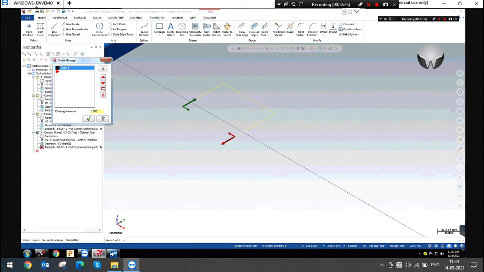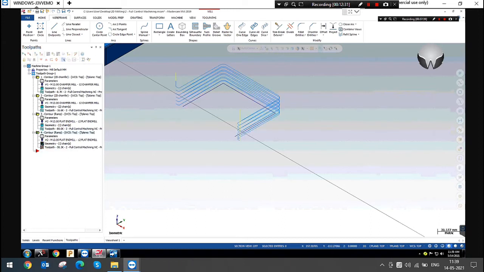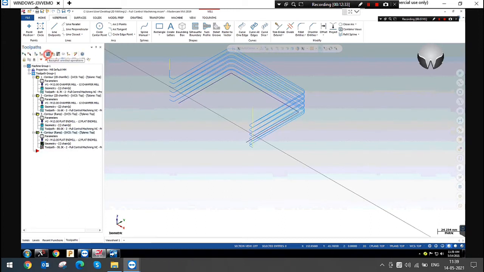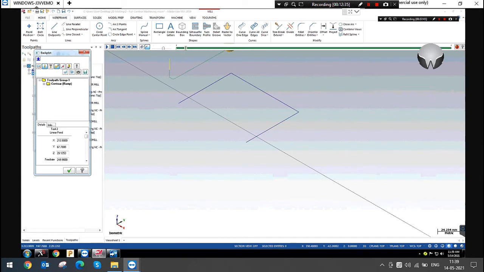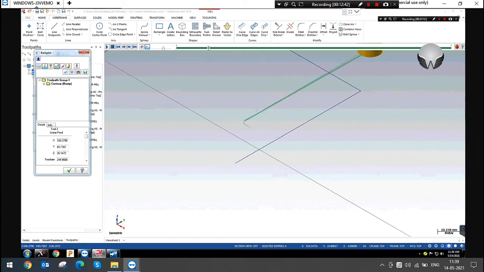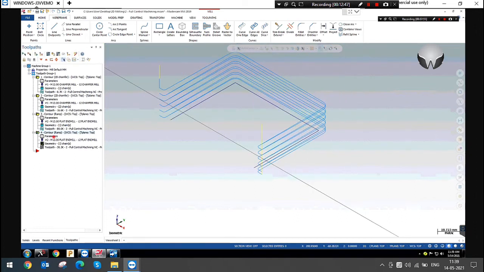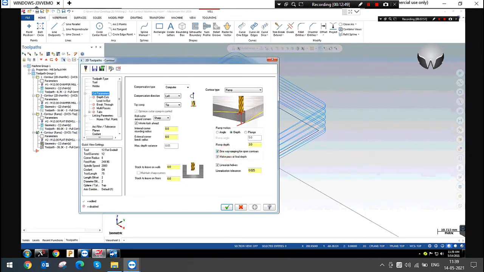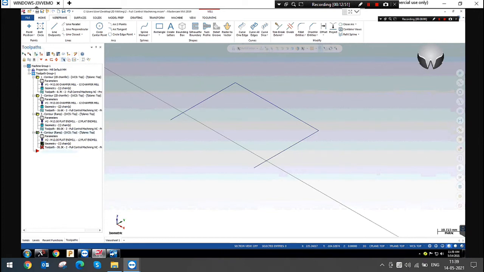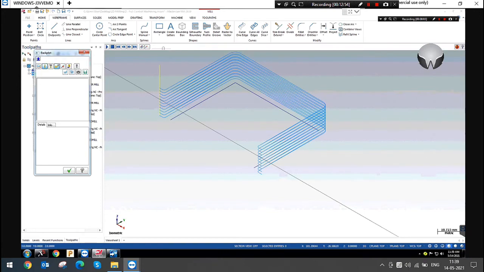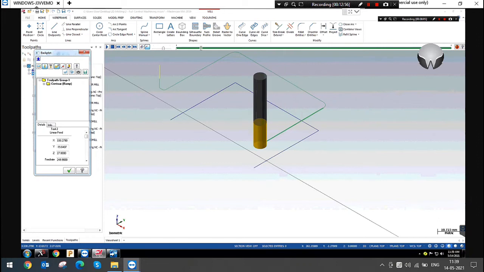So this is an open contour, right? In this case, it will go one way ramping. Here you can see. Now it has been zigzag, right? If you don't need zigzag, you can give a one way ramping. You can see.